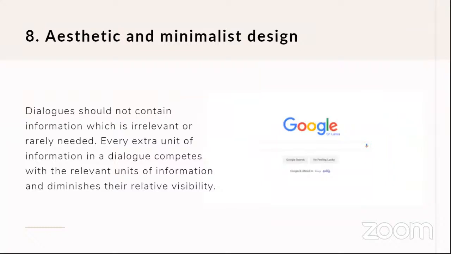aesthetic and minimalist design. I remember when we were talking about design principles, white space, negative space, minimalist design was also part of the